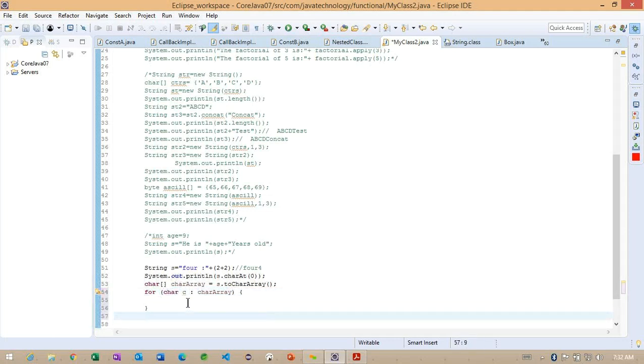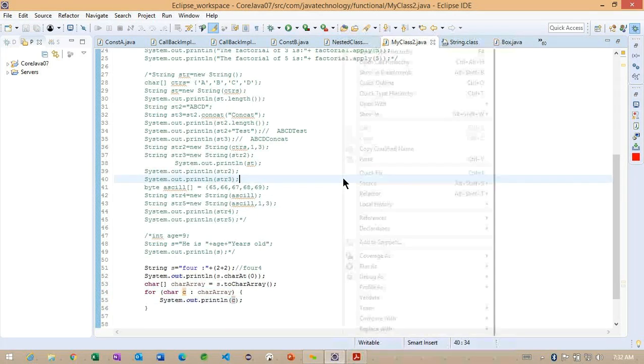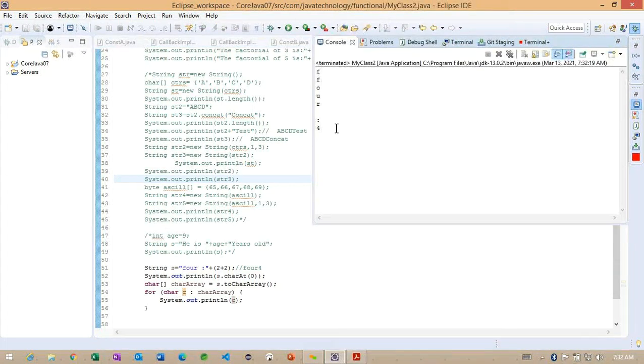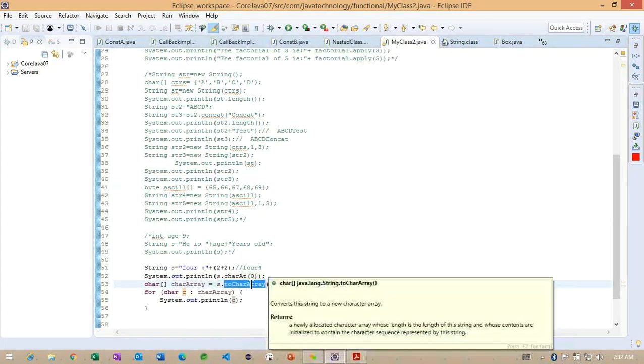Now the same sysout here, internally I will use, I'm making C here. Observe here. So we are getting one by one, each character we are getting here. So this is the one more beauty we are going to get whenever we are calling this particular toCharArray. Getting the point.